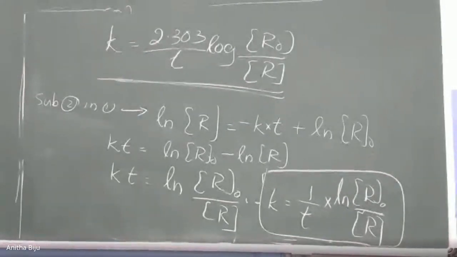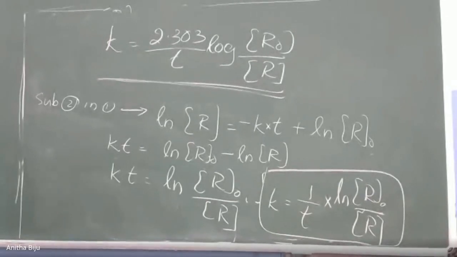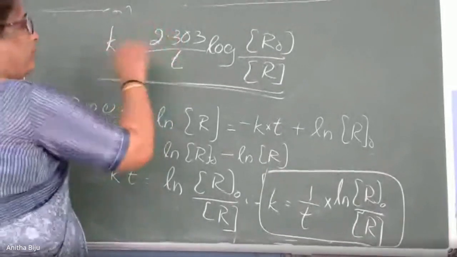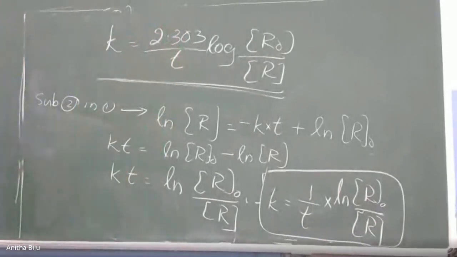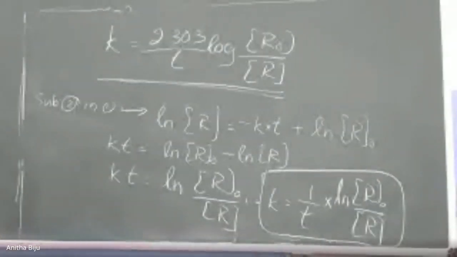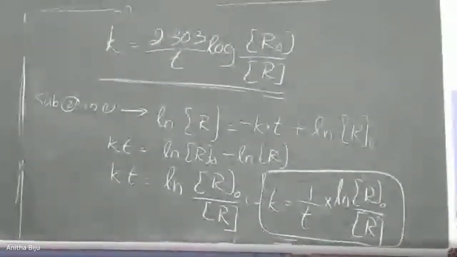Then in this case, again, we can plot a graph. In fact, we can plot 2 graphs, one on the basis of ln, another on the basis of logarithm to the base 10. In both cases we get the graph and we have a slope. This one is considered as the slope, 2.303 upon k. We can write it in the form of a linear equation. So we get the value of k with the help of a graph.